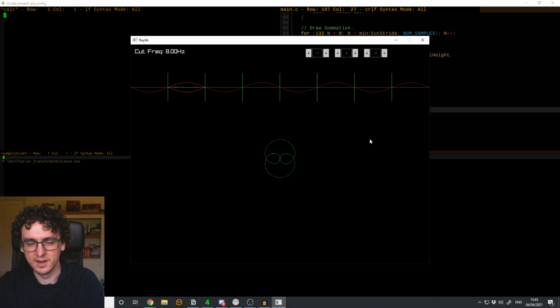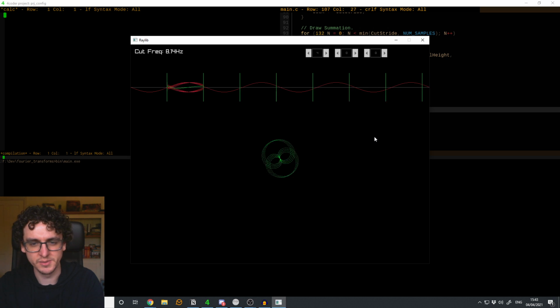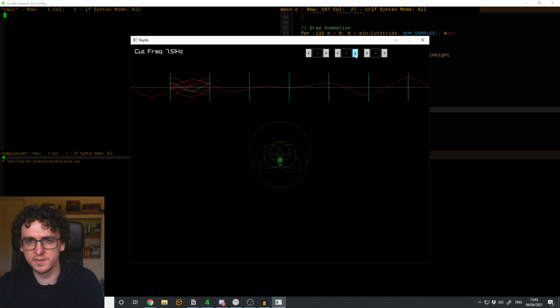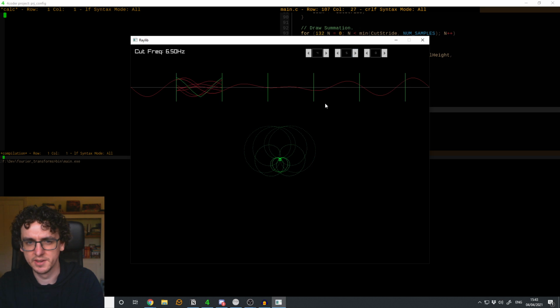And here's 8 Hertz, which is double the actual frequency, so we get some interesting shapes. So let's bring in maybe 5 Hertz. 4 and 5 don't divide into each other quite as nicely. But if we come to 4,